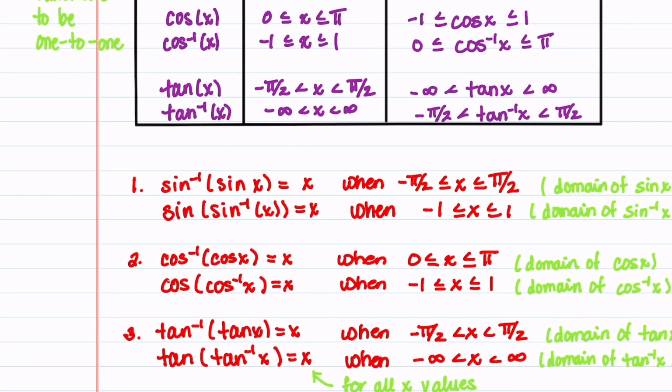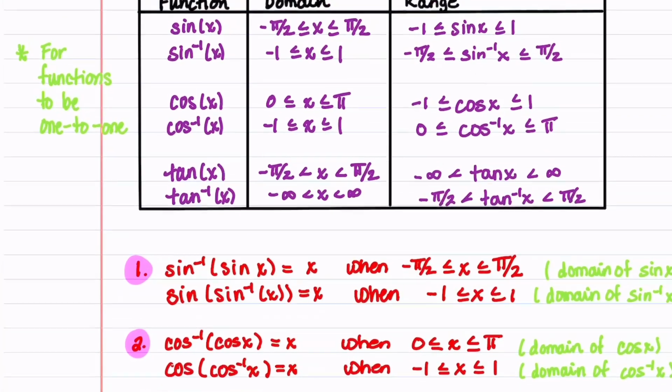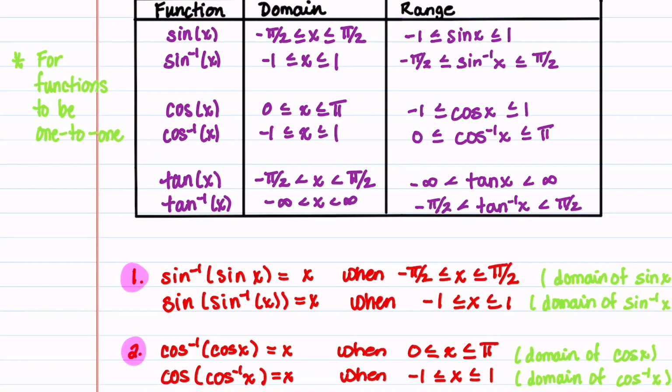Before we begin going over the example problems, we need to quickly review the domain and cancellation properties for our trig and inverse trig functions. These sine functions, these cosine functions, and these tangent functions. Sine x is defined between minus pi over 2 and pi over 2, so this first cancellation equation will be valid when x is in that domain. The domain for inverse sine x is between minus 1 and 1, so this cancellation equation will be valid in